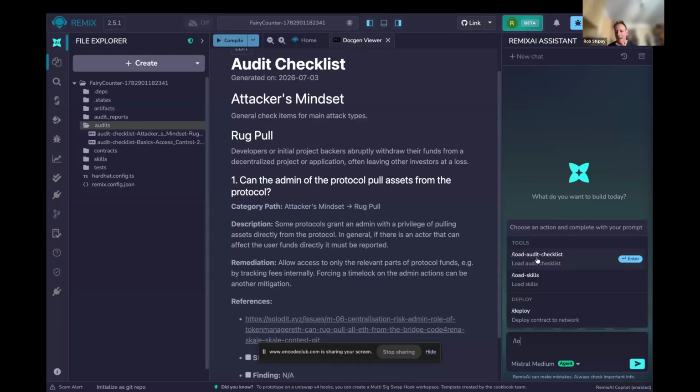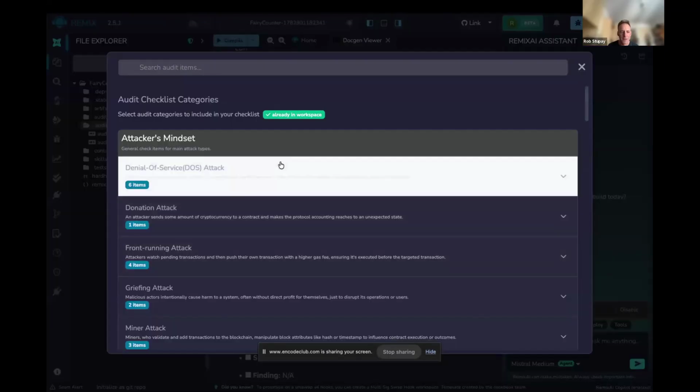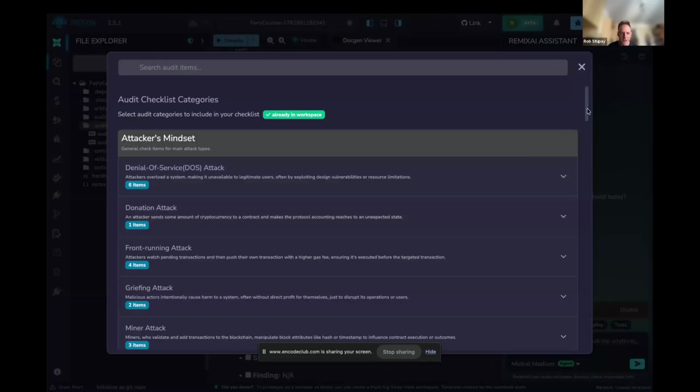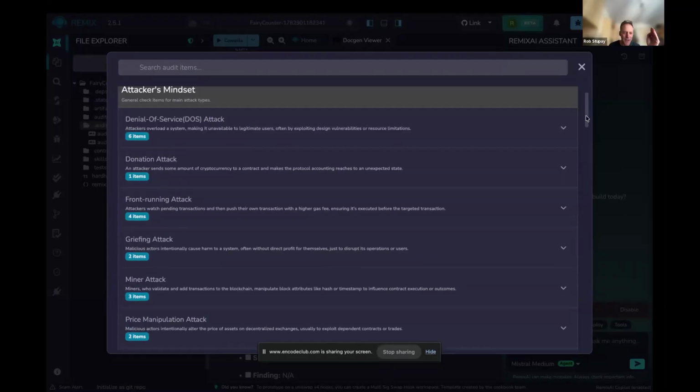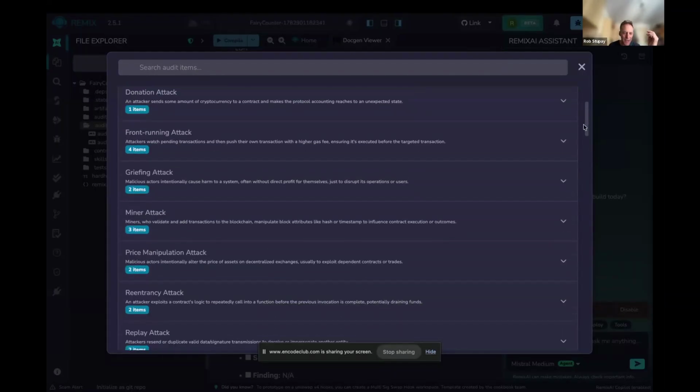We'll get into skills in a minute, but there are a lot of different audit categories to choose from. And actually, it's kind of interesting, there's a lot here.